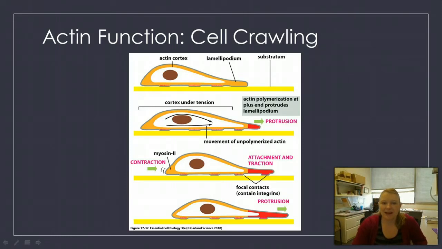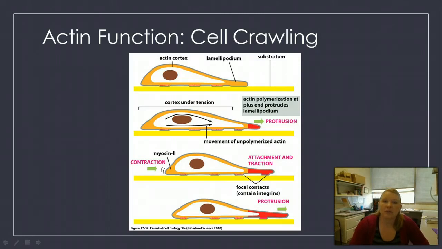Then it attaches to the surface that it's on, and this creates focal contacts. So the first step is protrusion, the second step is attachment, and then we have the contraction from the back end, which works with myosin and helps contract the cell to catch up to the part that has been protruding,